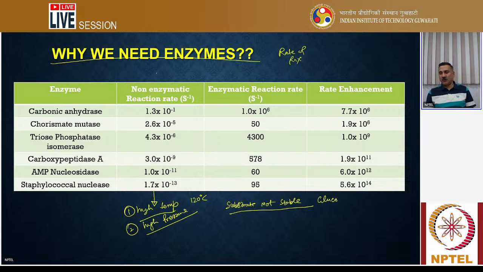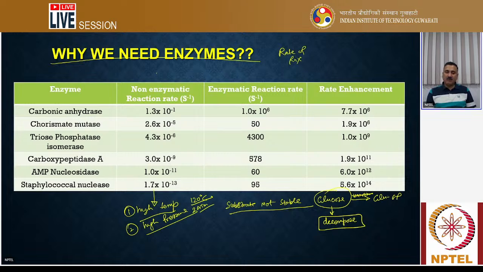So for example, if I am using glucose and I want to convert that into glucose 6-phosphate, then with the enzyme, I can use hexokinase, right? And I can get the 6-phosphate. But if I don't want to use the hexokinase, then I have to use high temperature. And if I use a high temperature like 120 degrees or 2 atmospheric pressure, then what will happen is that the glucose is going to be decomposed, or it may lose its structure, and that is going to be a problem.